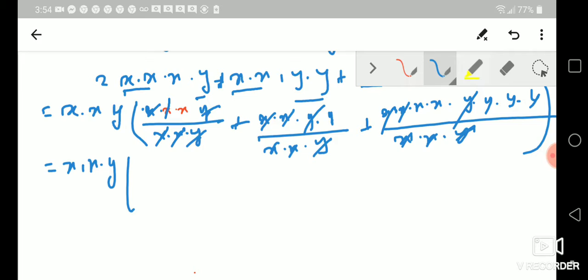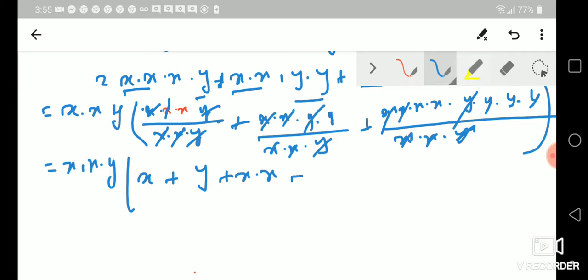Because the denominator will get rid of everything, that's what we're trying to cancel out, the common factor between all the terms. So in the top, the first term will be left with x, and the second term will be left with 1y. Are we left with a y? Yes, we are left with the y, and the last will be left with x dot x,